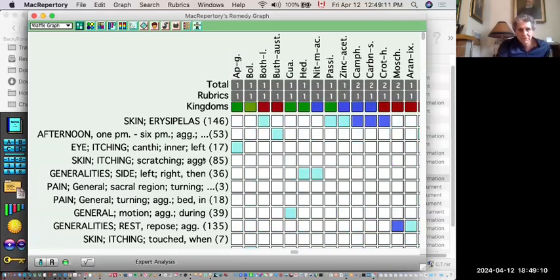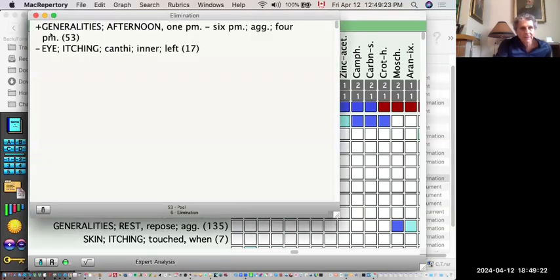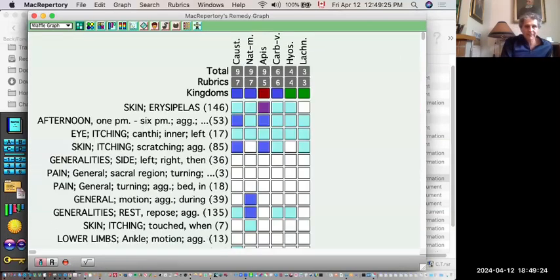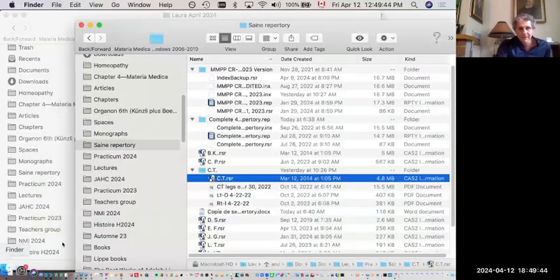You see, the 4 o'clock doesn't show, and the right to left doesn't show. Unlikely we would have prescribed this remedy. If we look at the elimination, it will not be there. So it's unlikely we would have considered the remedy. We did not know that it was worse at 4 at that time, in 2005 with the Complete Repertory 4.5. So these were additions to the repertory made by the MMPP repertory.